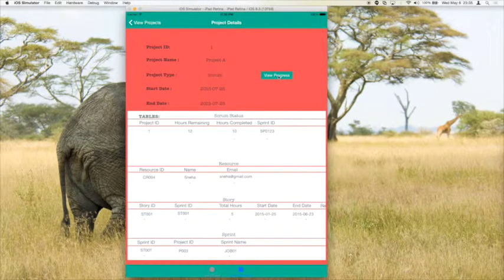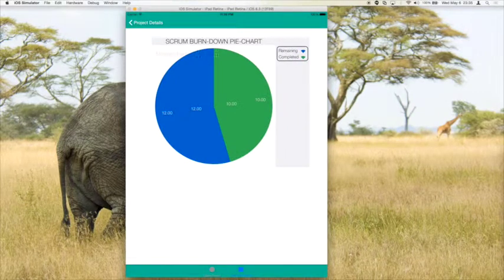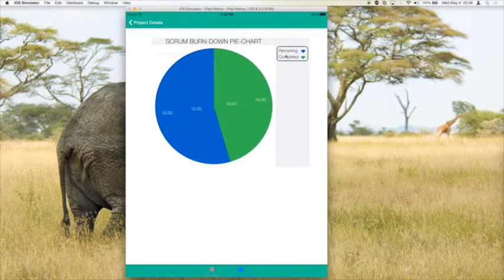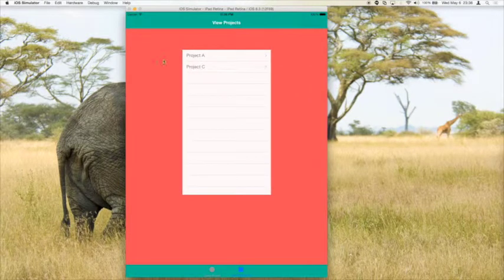So then I can check the progress for this. This is a Scrum burndown pie chart. We couldn't figure out how to actually plot the normal burn down chart, so we just ended up innovating with the pie chart instead. So as you can see, the remaining hours are 12. Is it 12? Yeah. So 12 hours remaining here and 10 are completed. Yeah, that's perfect. And for this charting, we've used a Shinobi charts library, so you can see the mark over here. Anyways, let's just go on to the next one.